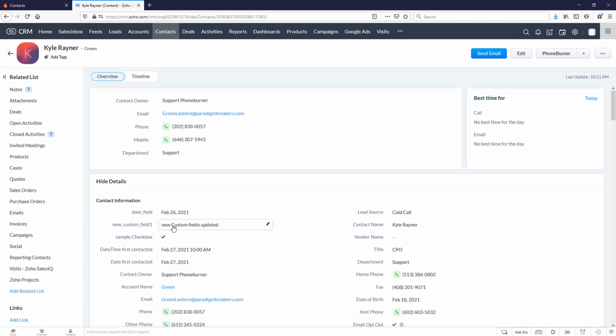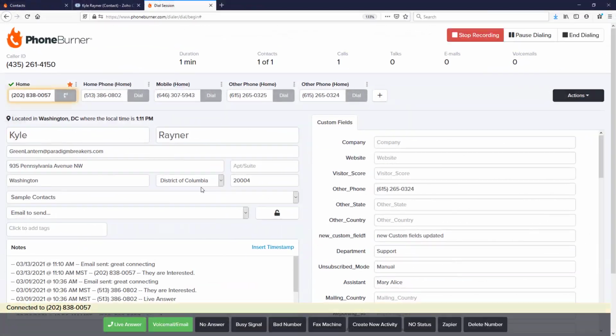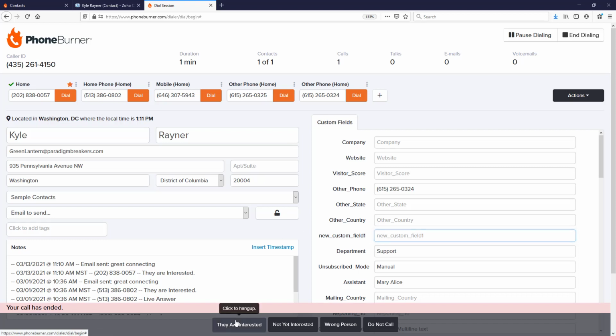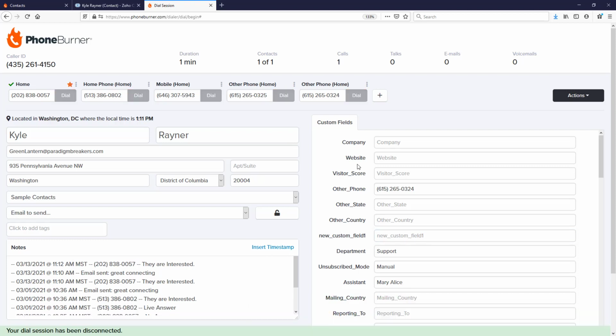Now, in an effort to protect you and your data, one thing that we do is if this data is blanked out, if somebody deletes all that data during a dial session, we will not replace it or update it in Zoho. Let me show you. So here we are calling Kyle again. We can see the information new custom fields updated is on the record in PhoneBurner. But let's say one of your reps accidentally deletes everything in that field. When they disposition that call and move on to the next record,